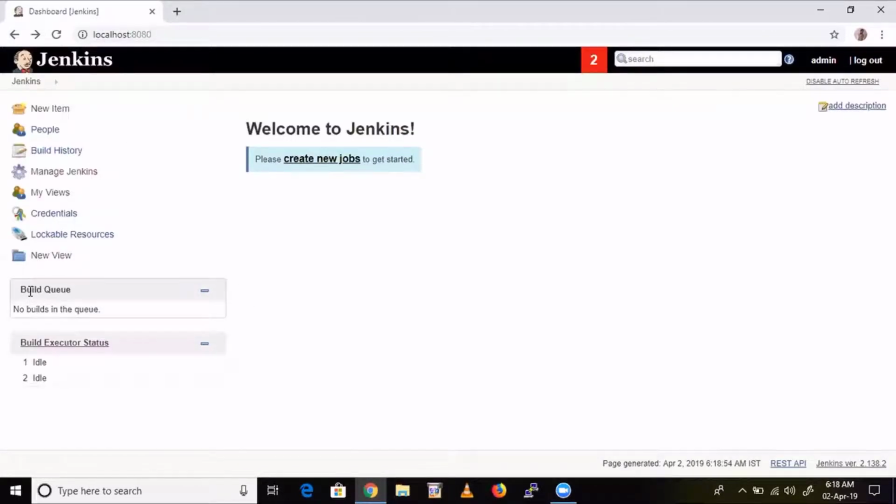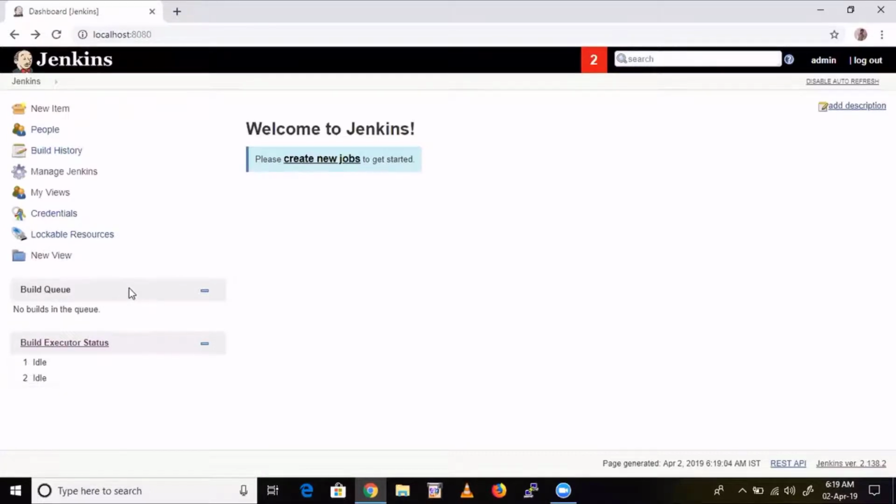whenever you build any job, if you build three to four jobs, then from the second onwards, up to the fourth, they will be in a queue. After completion of the first job, it will take the second job. All remaining jobs will be in a queue. The queued jobs will show here. And build executor status means it will simultaneously execute two jobs. All these things we can change. I told you Jenkins can be customized as per our needs, so we can change each and everything.